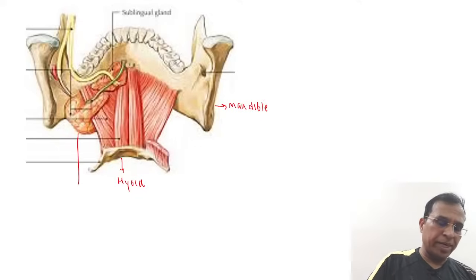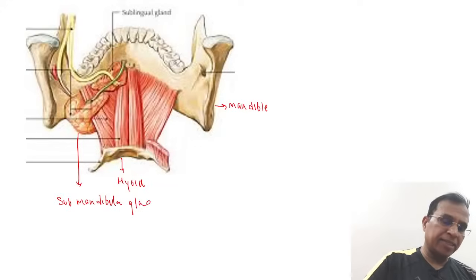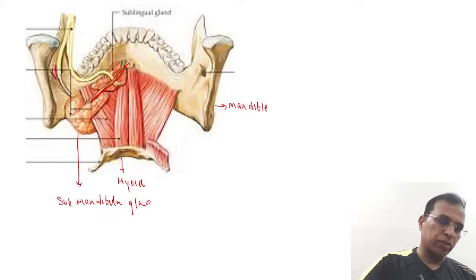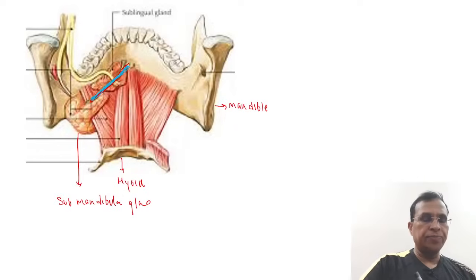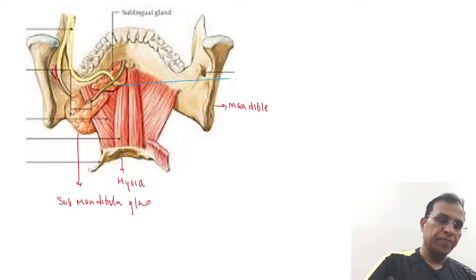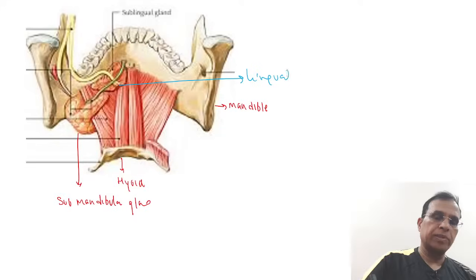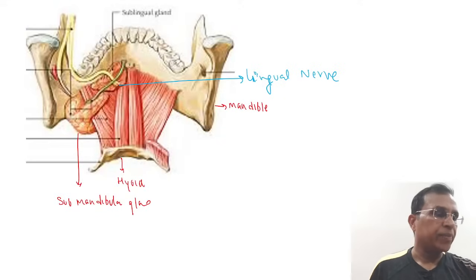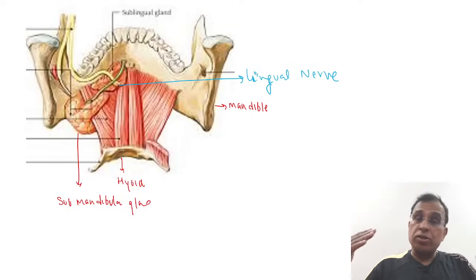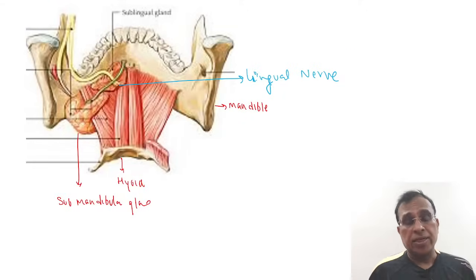Now this is the submandibular gland, and this is the duct. This duct that you see here is the submandibular gland duct, and this is the nerve that is crossing this duct, and this nerve is the lingual nerve. That's why lingual nerve is the correct answer. Not only is it close to it, it is crossing the duct, as you can see in the image, and that's why it's highly likely that